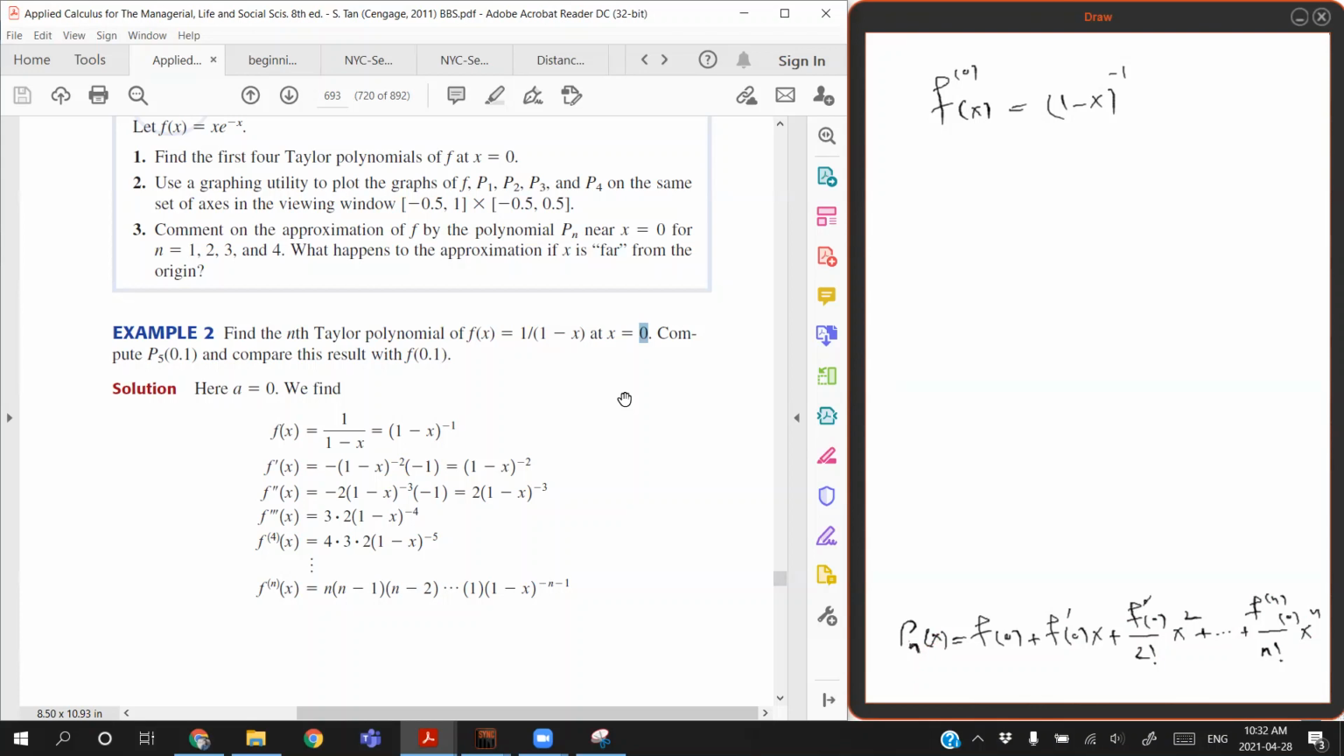So what do we need? Here we need to find a pattern, because it's not asking us to find, I don't know, the first, the second, the third one. It's asking us to generally write the nth Taylor polynomial. So I'm going to take the derivative of this function until I see a pattern in it, so that I can write a formula for f^(k)(x),